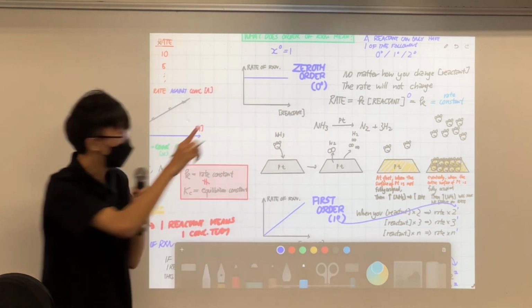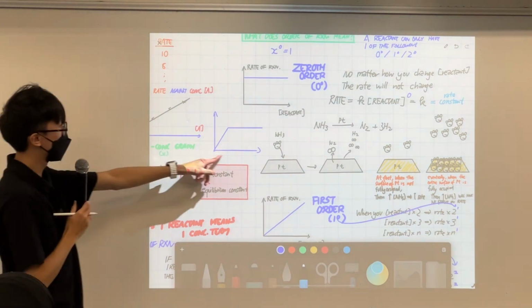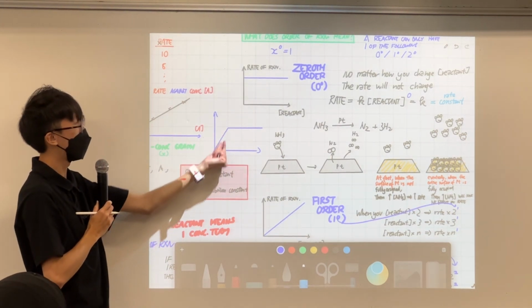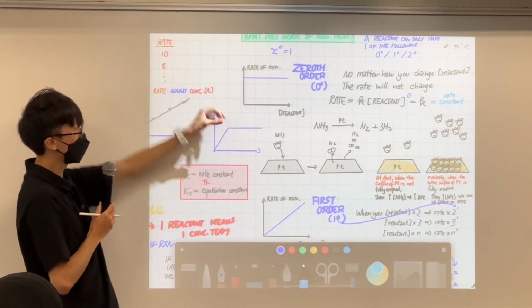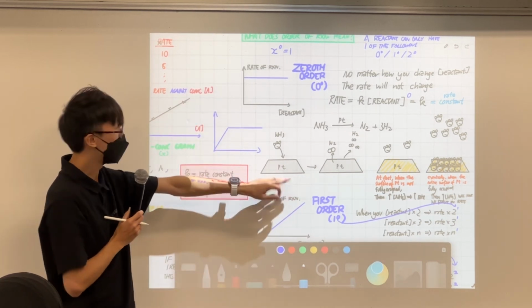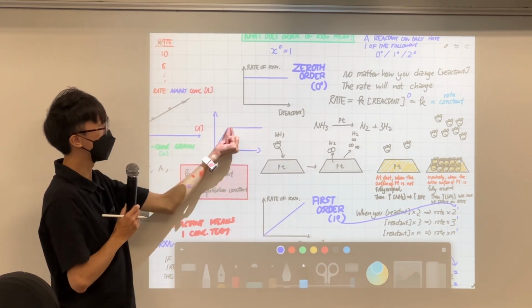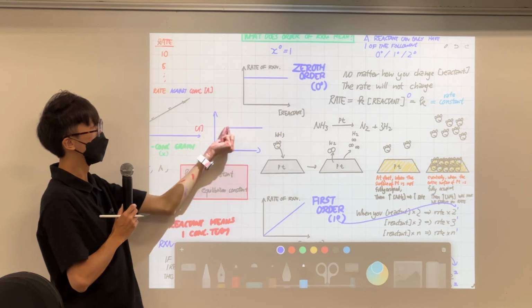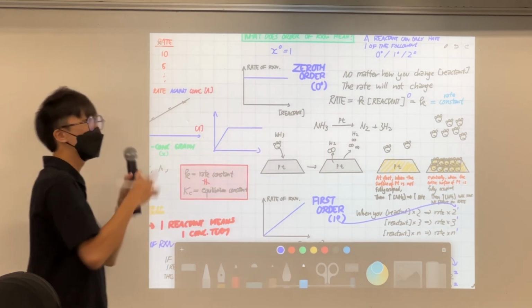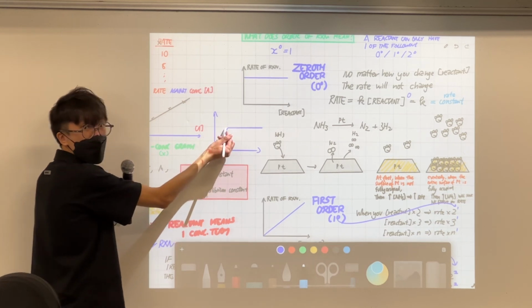So this is why in biology, you will have seen a graph that looks like this, right? The enzyme, about how enzymes work. When you increase the substrate concentration for a certain time, the rate will actually increase. So that means this is first order in here. You see a graph looking like this, right? But eventually, when you increase the substrate concentration to a certain amount, when all the enzymes' active sites become saturated, it will become zero order again. So they will give you a graph that looks like this and ask you what is the order in this part and in this part of the graph.